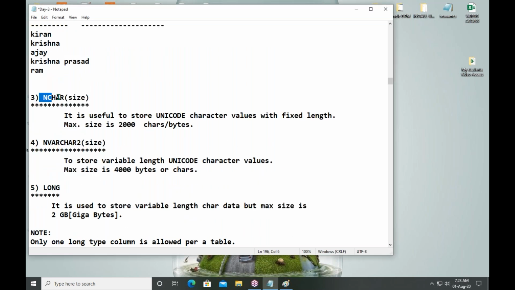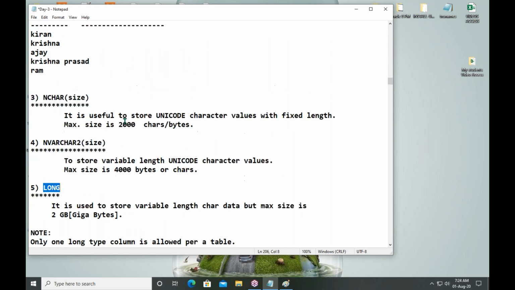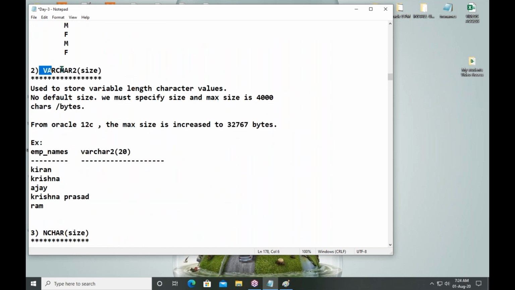Next one, nchar. It is similar to char, but supporting any regional language, any global language. nvarchar2 is also similar to varchar2, but supporting any global language. Long is similar to varchar2.